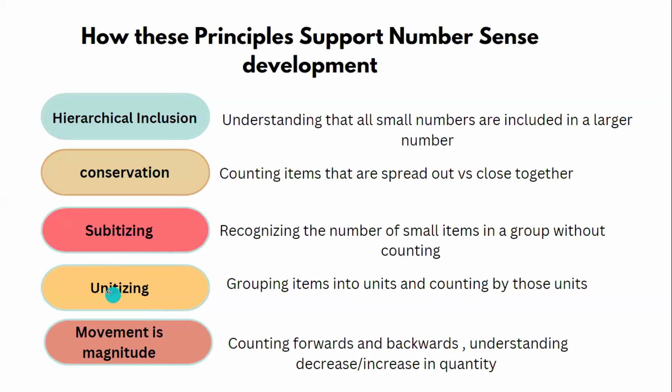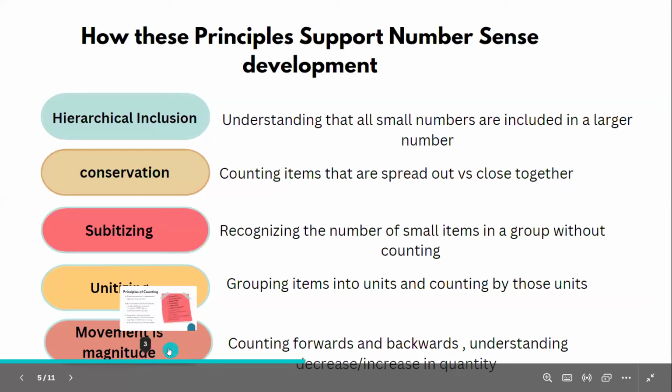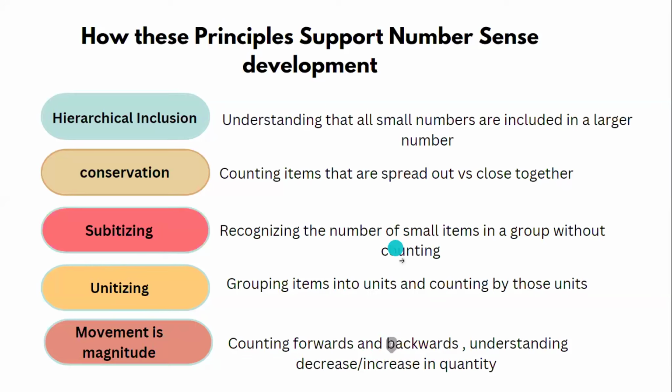Then unitizing. Unitizing is where you group items into units and then you count the units as 1. And then movement is magnitude. When these learners count, they will realize that they are either increasing or decreasing in quantity. So when you count backwards, you decrease in quantity. When you count forward, you increase in quantity. So these are some of the principles that I applied while my learners